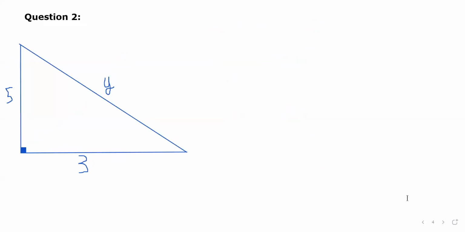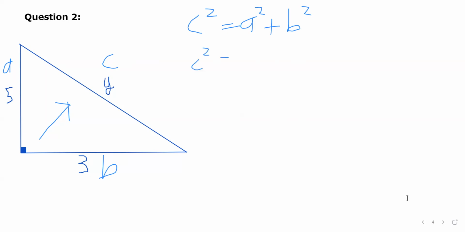We have this question here now. So same thing. We need to know what side is the hypotenuse. So here's the hypotenuse. We label this as C, and the others A and B. Alright, the equation: C squared equals A squared plus B squared. So C is what we want to solve for, so we'll leave that as C squared. A is 5, so 5 squared is 25. B is 3, so 3 squared is 9. Alright, so C squared